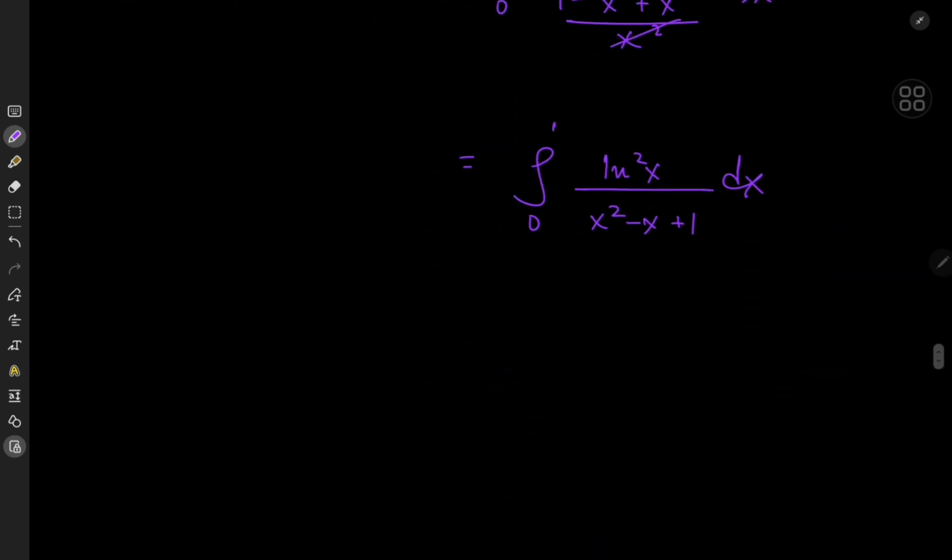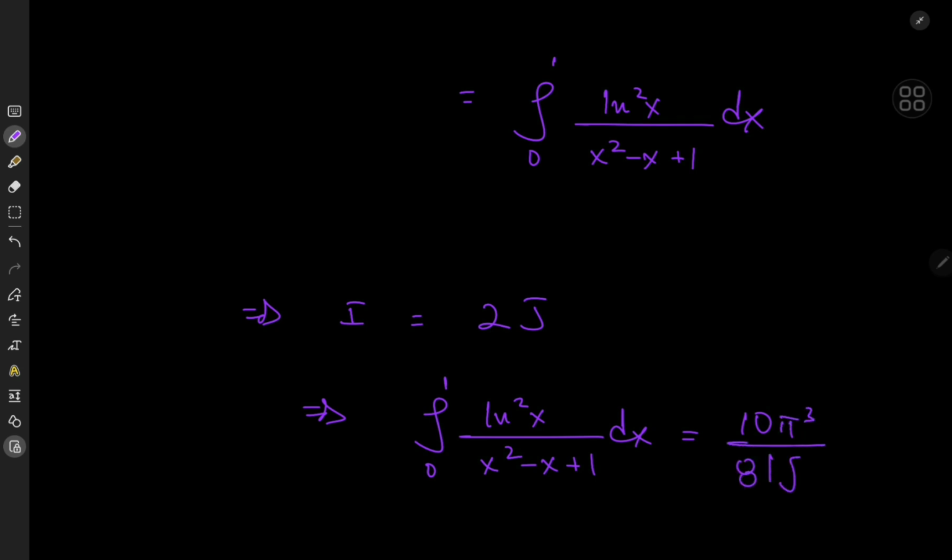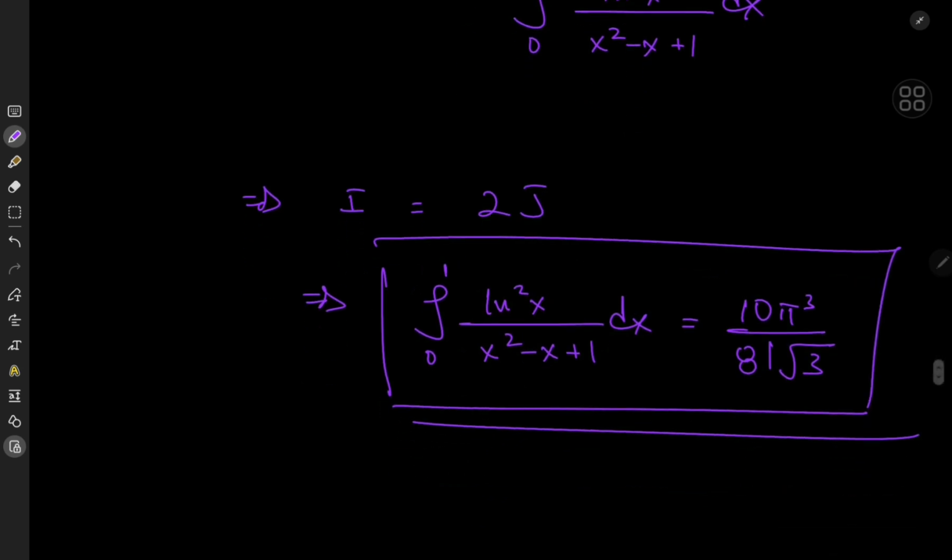So that means I equals 2 times the integral j, and this implies that the integral from 0 to 1 of log square x divided by x squared minus x plus 1 dx equals half of the result we just derived, which sorts out to 10 pi cubed divided by 81 times root 3. Again, a very nice result, and I believe this is the first time I ever saw 10 as the result of one of my integrals, which makes this video a perfect 10, I believe so,